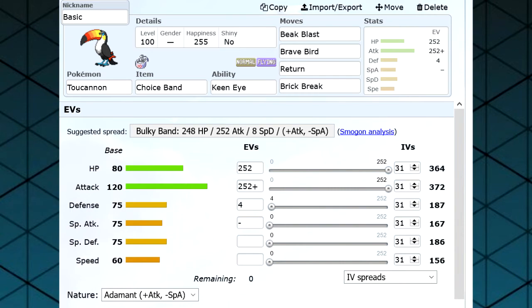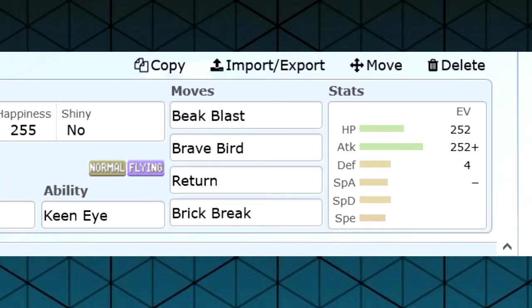And the moves would be Beak Blast, Brave Bird, Return, Brick Break. Brave Bird, let's start with Beak Blast. Beak Blast automatically goes last, which even in a Trick Room set he goes last. I was testing it out today. I'm like, oh, that could be really good for Trick Room, but it is not because it still goes last